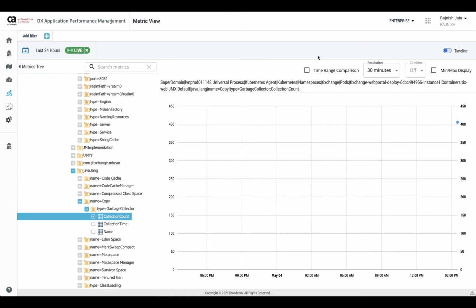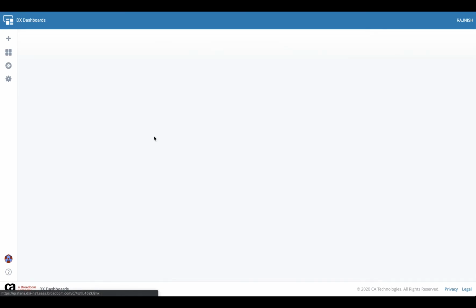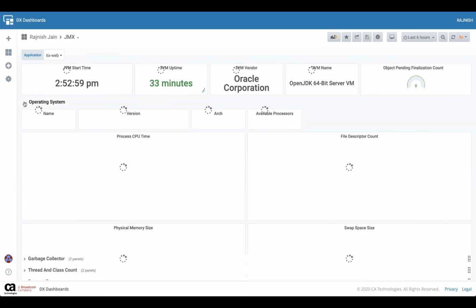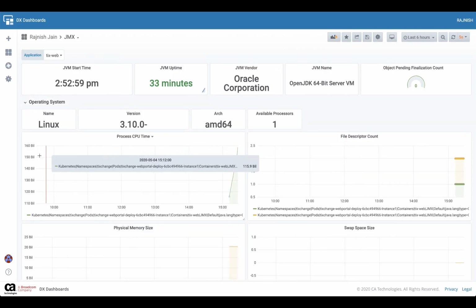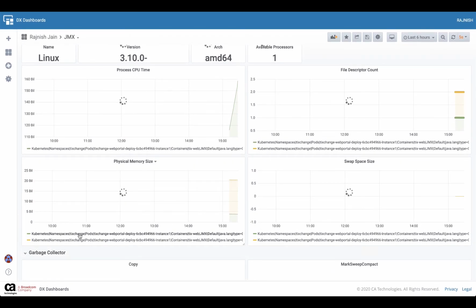Now, before I conclude this video, let us also see how we can create a dashboard based on the JMX metrics. So this is one dashboard that I have set up, which is based purely on JMX metrics, and you can set up similar dashboards for your needs for better monitoring.